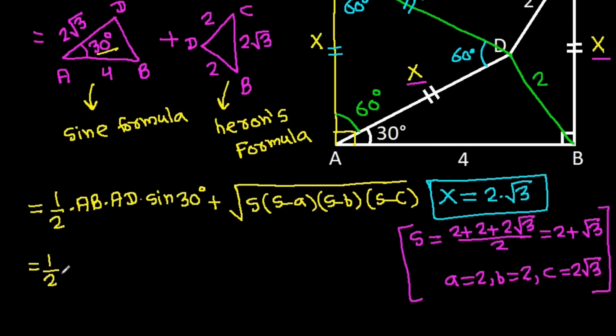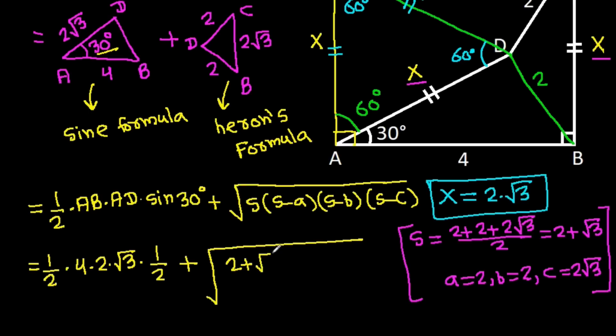And it will be 1 by 2 times 4 times 2 times square root of 3 times sine 30 degrees, which is 1 by 2, plus square root of S, which is 2 plus square root of 3, times S minus A, which will be square root of 3, times S minus B, which will be square root of 3, times S minus C, which will be 2 minus square root of 3,